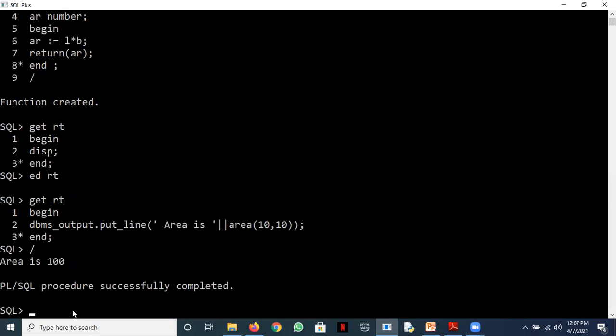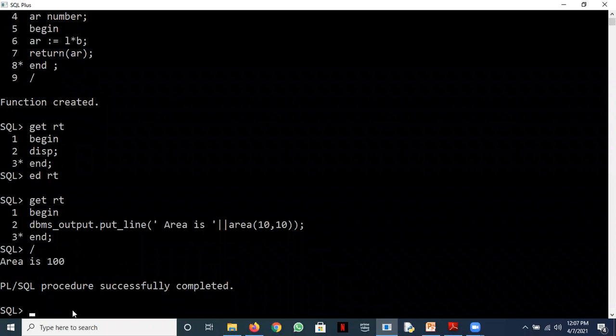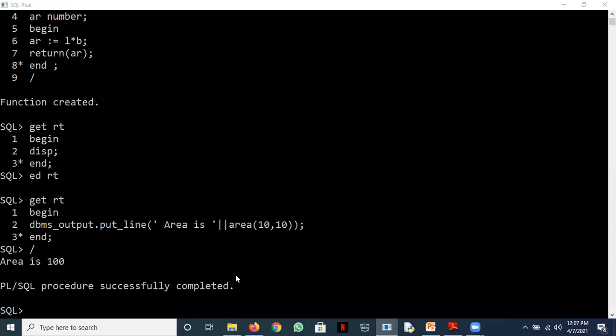It took a bit too long to give the answer, and I don't know why you people were hesitant to raise your hands. You've been doing this sort of programming in C, C++ for long. So this is the first example of this area. Thank you, Ankit. Okay, let's take another example.